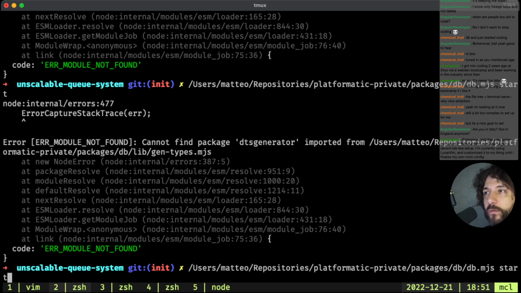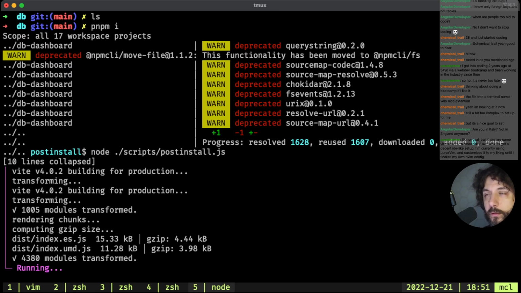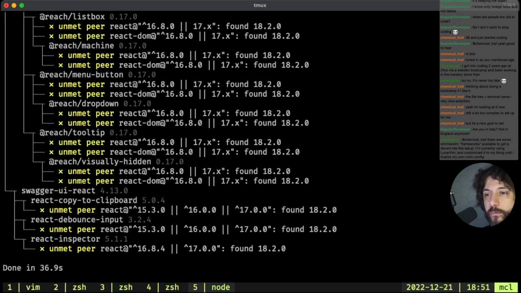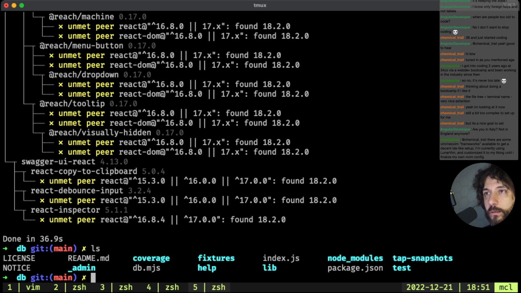How come it cannot find that package? This makes absolutely no sense.